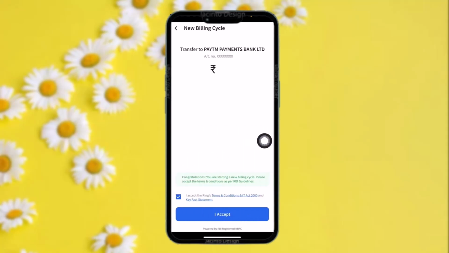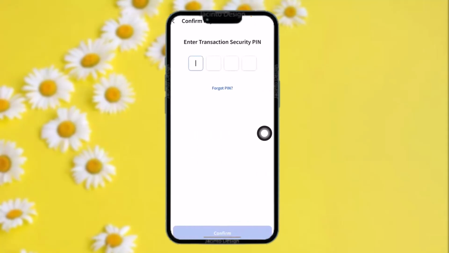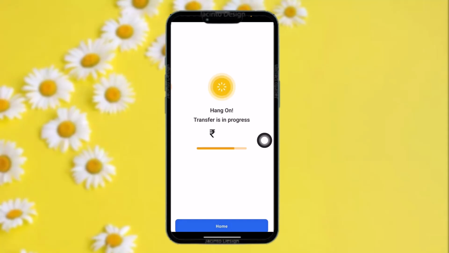Simply tap on it, and once you tap on it, you'll be sent to the billing cycle in order to confirm your transfer. All you gotta do is simply tap on I accept, and once you do that, the next thing is to enter your 6 transaction security pin to confirm your payment. Simply enter the 4-digit code and then tap on confirm, and once you do that, you'll be seeing something like this: